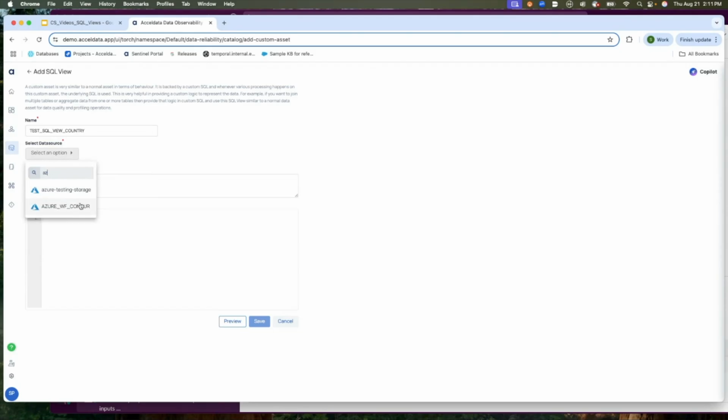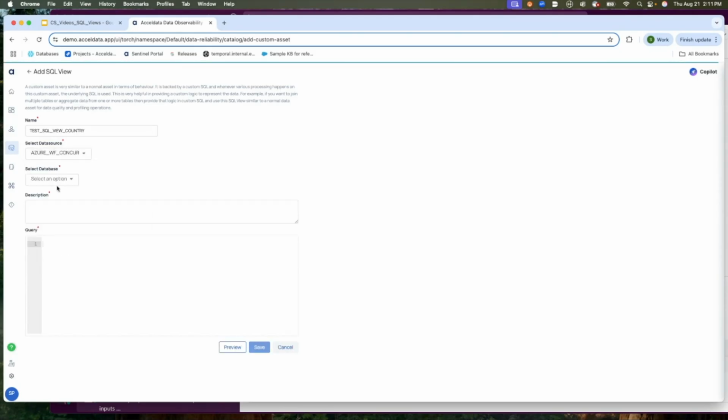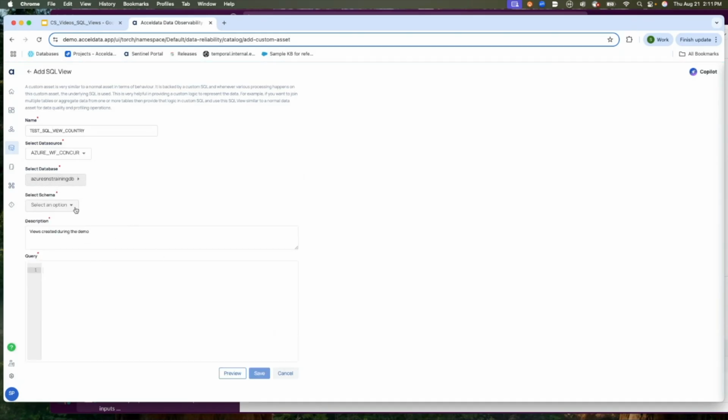Okay. Let's select this data source. Let's provide a description. Here, demo. Let's select the database within this, Azure Training DB. Also select the schema. Now, yeah. So we could see that because we used a string called country in the name of the SQL view,